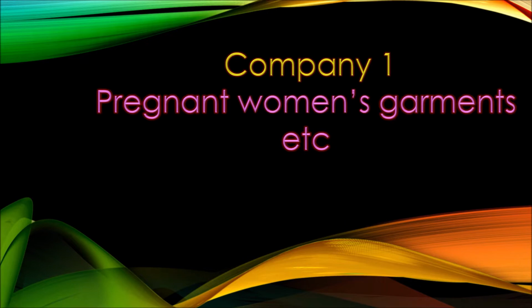Here we will have three different companies that we will follow now when we make the calculations. The first one is one who is selling over the internet and internet only, and here we have selected a special site that has made their special things to have garments and all other kinds of products for women who are expecting a baby. This is company number one, which we will come back to in several ways.